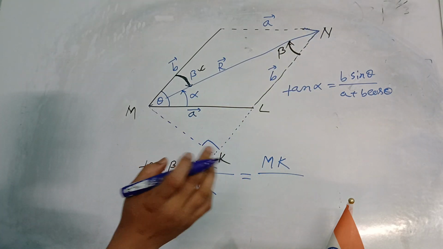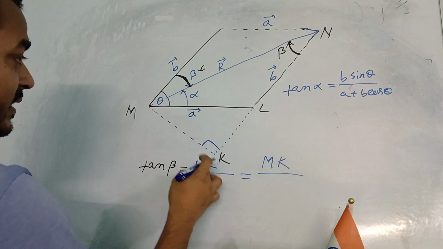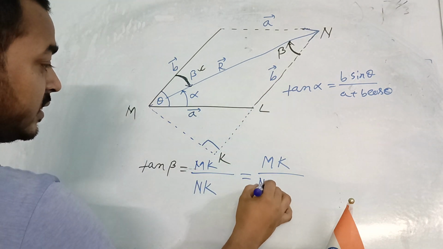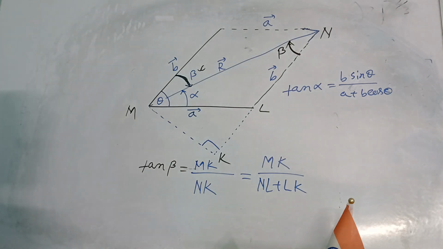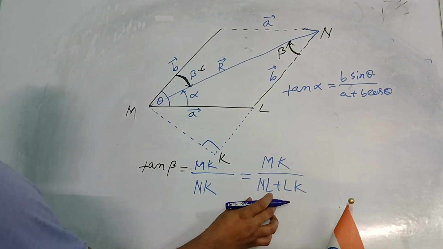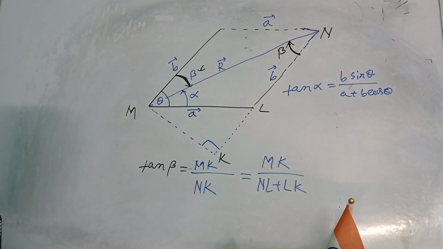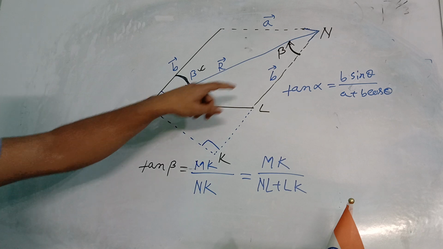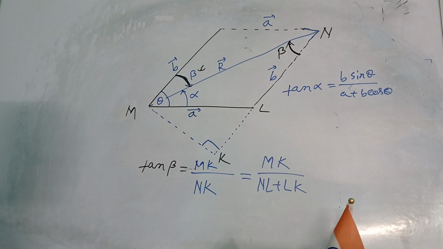Acha. Now we can write MK divided by, can you tell me, MK কে আমরা কিভাবে লিখতে পারি? MK can be written as NL plus LK. You can write this one as NL plus LK. So do we know the value of NL? NL is B. So if we are able to find the value of MK and NK, then it is too easy for us to find the value of tan beta. তাহলে আমরা যদি কোনোভাবে LK আর MK এর ভ্যালু বের করতে পারি, তাহলে ইজিলি এটা ভ্যালু ফাইন্ড করতে পারবো।